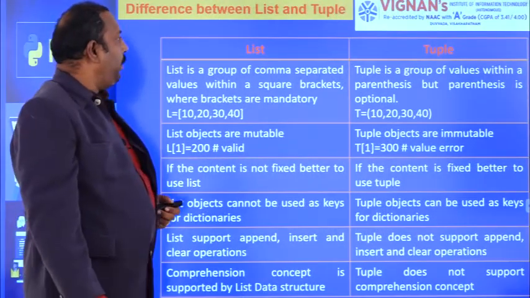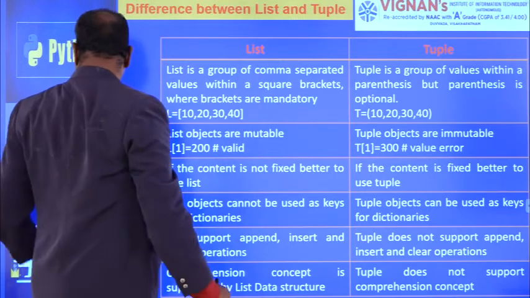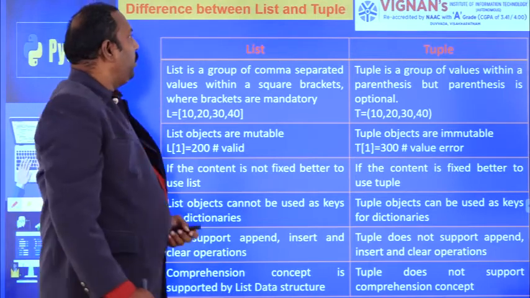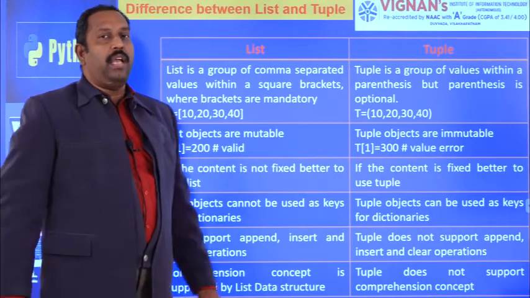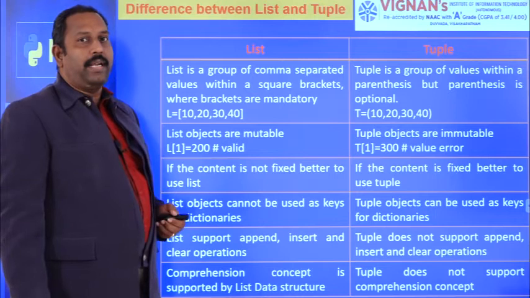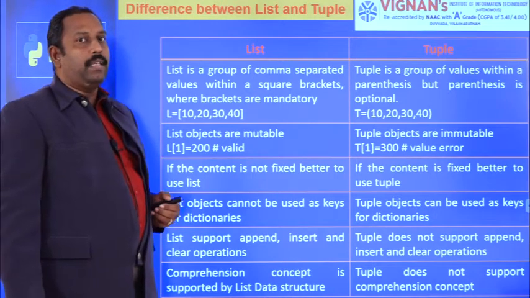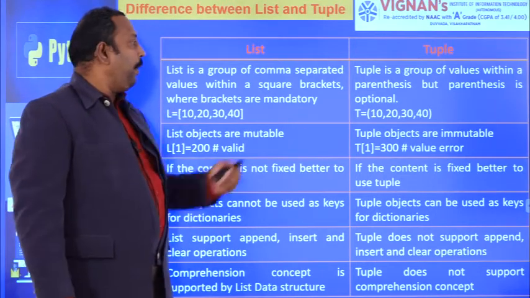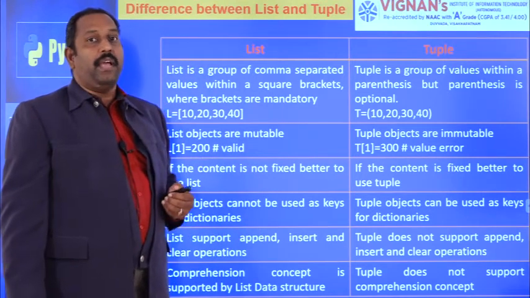And the last topic is the difference between list and tuple. This is a very, very important concept. A list is a group of items, comma separated values represented in square brackets, where brackets are mandatory. A tuple is a group of values within parentheses, where the parenthesis is